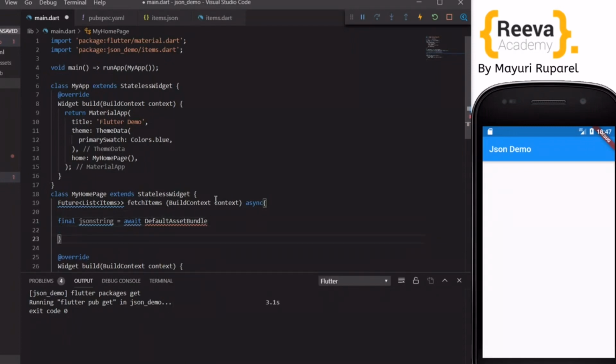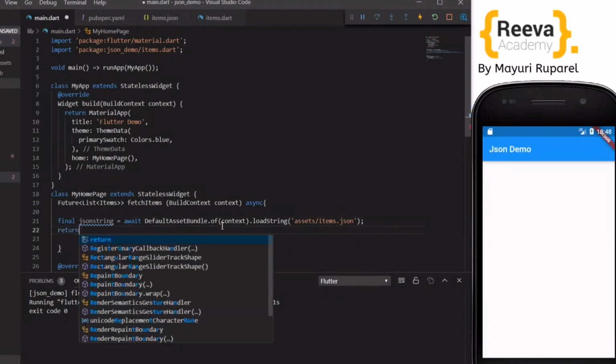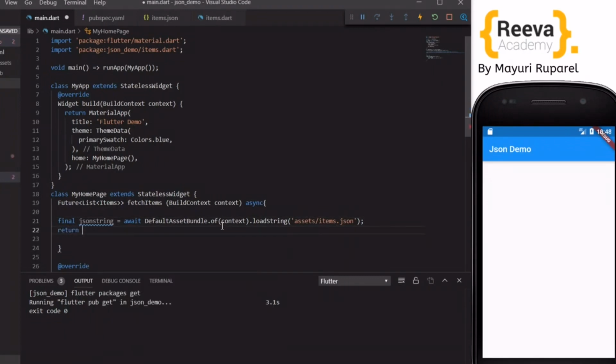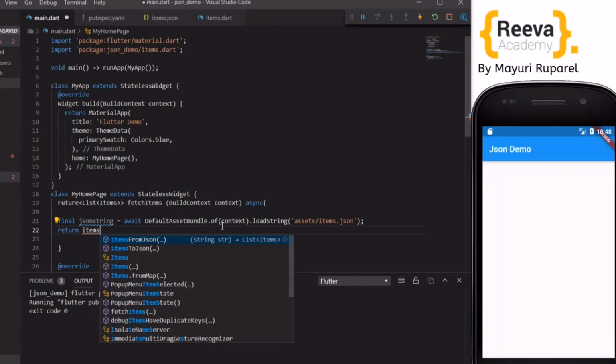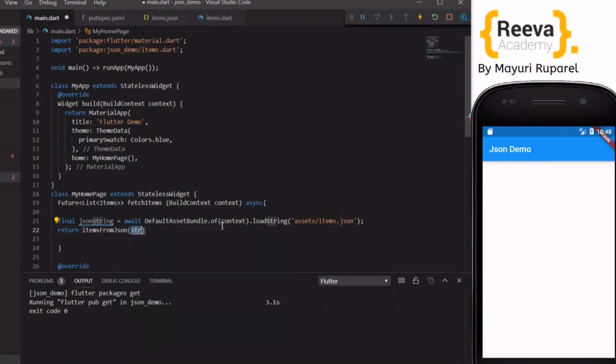So we will use this asset bundle of context dot loadString, and the name of the file which we have specified in the pubspec.yaml file, assets/items.json. And we will say return itemsFromJson